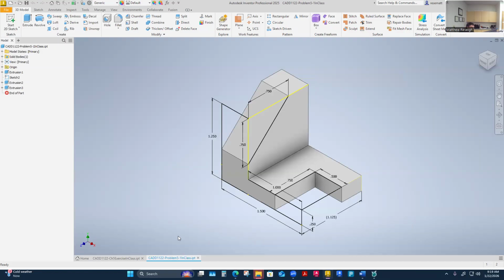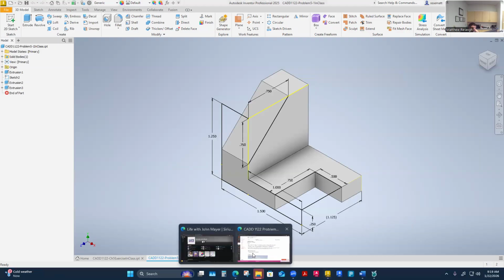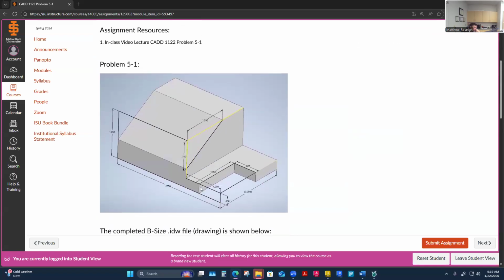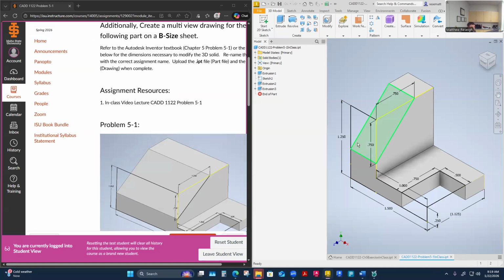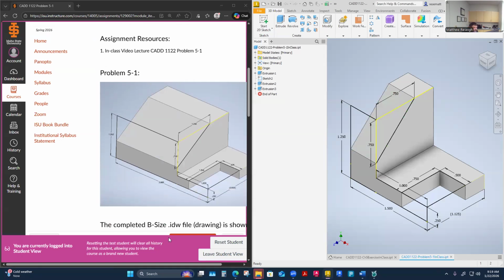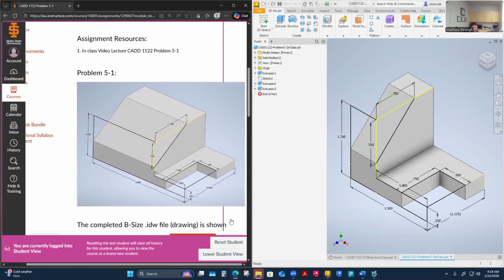And now I have a whole new part with a new name. It's 5-1. And then I just need to make the changes for 5-1, which I'll go to the assignment real quick here. And it's these, right? I need to change to these dimensions. And I don't know what else changed. If I do a little split screen here, I can maybe do a little cross compare. I'll move this over a little bit. Looks like we maintain the 1.25 inch,